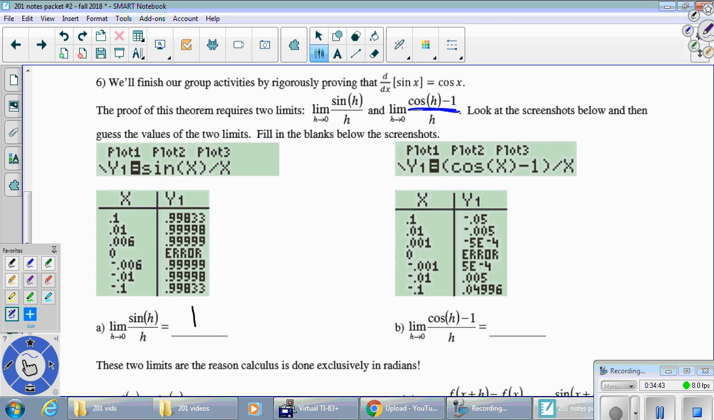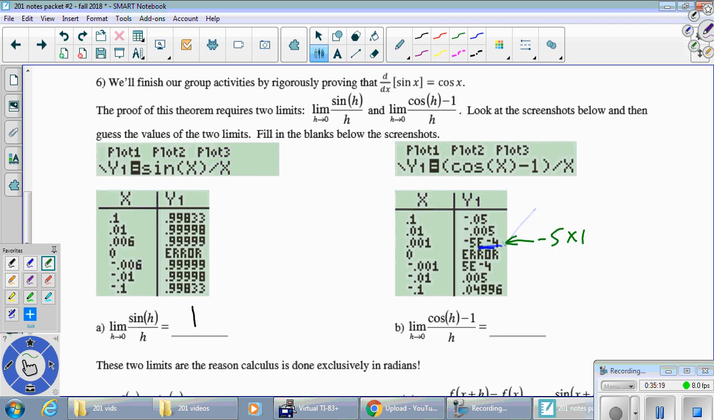Same deal for the other limit. We're looking for the limit of cosine h minus 1 over h as h goes to 0. So I've given you more screenshots. This is a table for the function y equals cosine x minus 1, all divided by x. That's supposed to match this guy. And again, we pick x's, h's, heading towards 0 from above and below. We get the error in the middle, but what appears to be happening to these numbers here? Well, negative 0.05, negative 0.005. This one, remember this e really means times 10 to the, so this is really